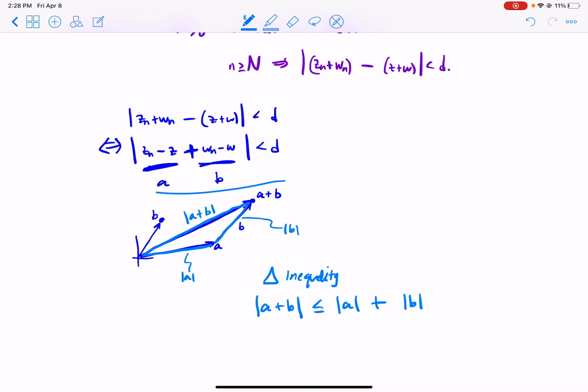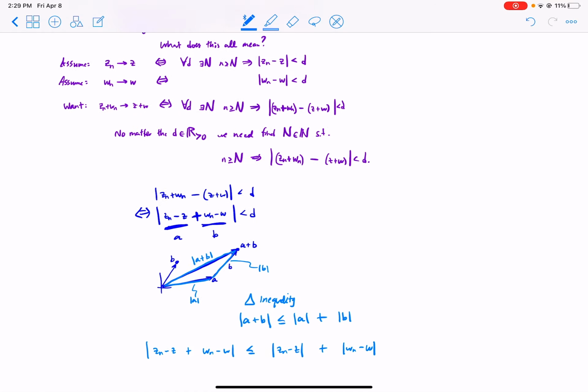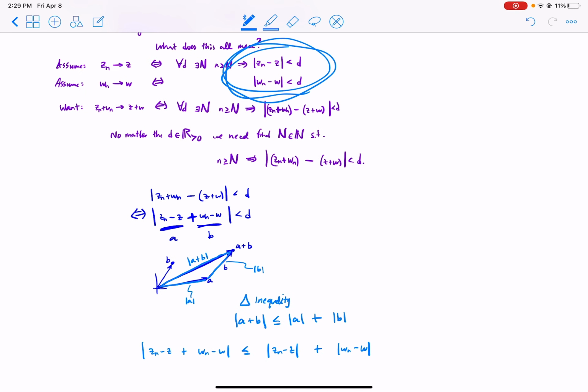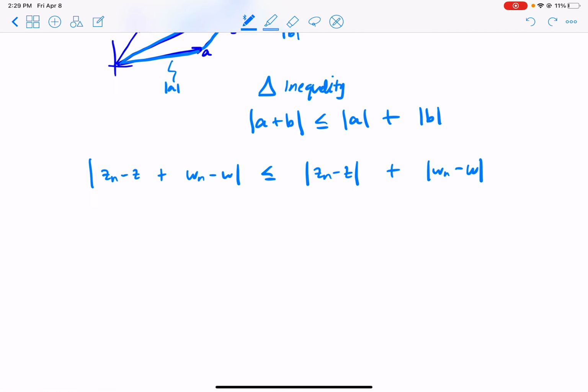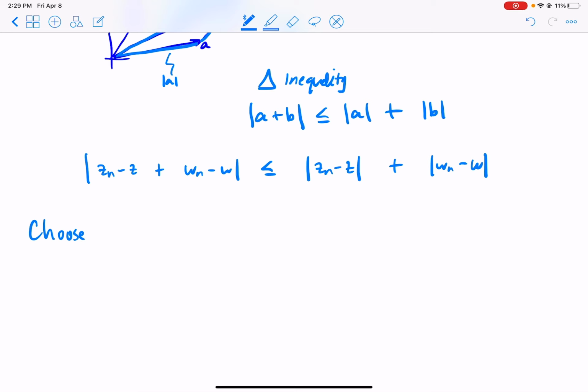In other words, applying it to this thing, where we hid detail and called this A, and called this B, we have that the magnitude of Zn minus Z plus Wn minus W is less than or equal to the magnitude of Zn minus Z plus the magnitude of Wn minus W. But we have control over those things. In particular, choose D over 2, in the definitions